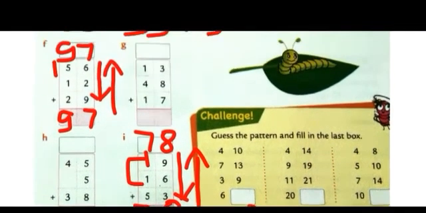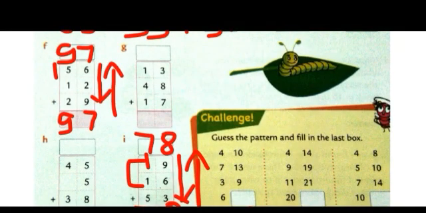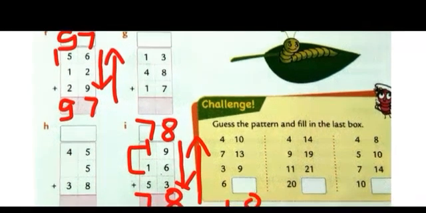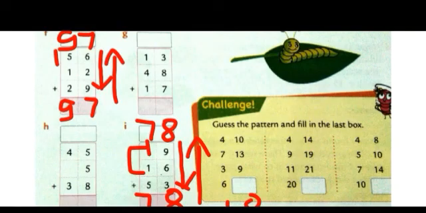Now we have to add the tens. So we will add in this direction. Upside. We'll go upstairs side. 5 plus 1 plus 1, 7. So we'll write 7 here. See, answer came same. 78. So this is the way how you add and check your answers. Now keep trying these remaining ones at home as homework.